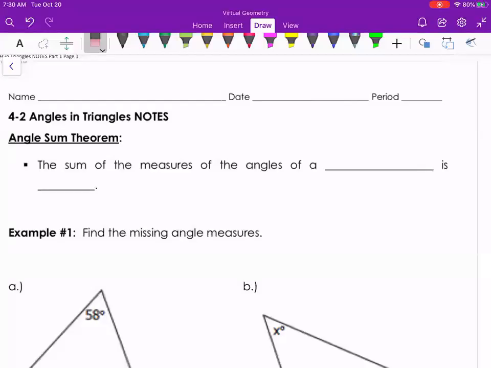All right, guys, let's go ahead and look at our next topic with our angles and triangles. We mentioned it a little bit the other day, and we are talking about the angles inside a triangle this morning. And more specifically, the sum of all three angles. So I mentioned it on the last set of notes that we have what's called the triangle sum theorem. And this theorem specifically says the sum, which means we're going to be adding, of the measures of the angles in a triangle